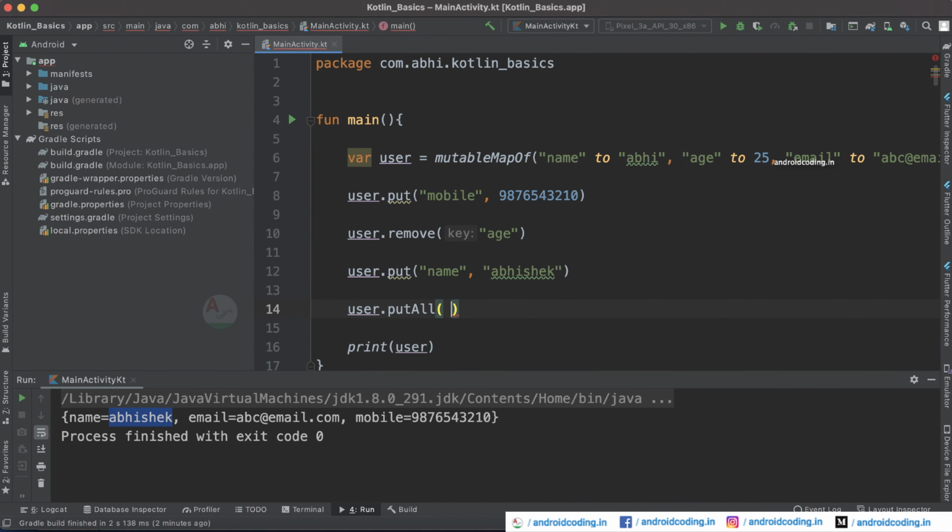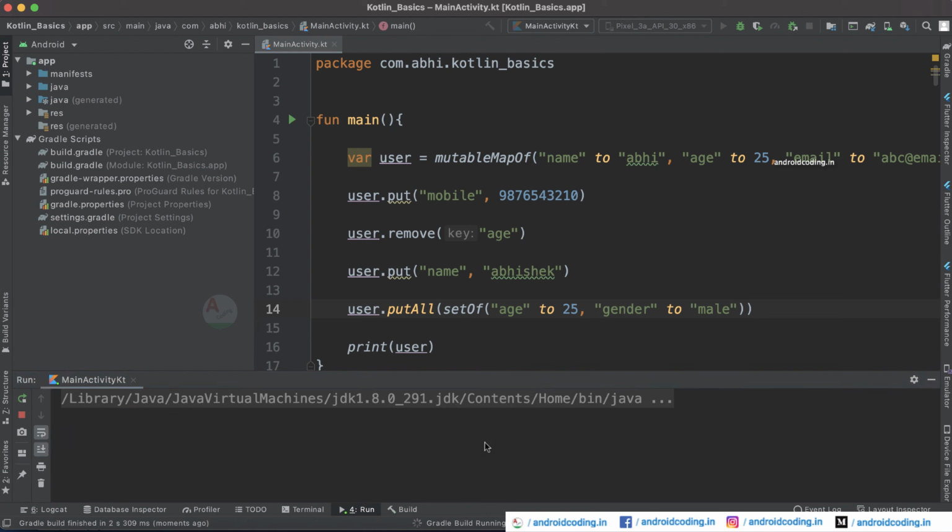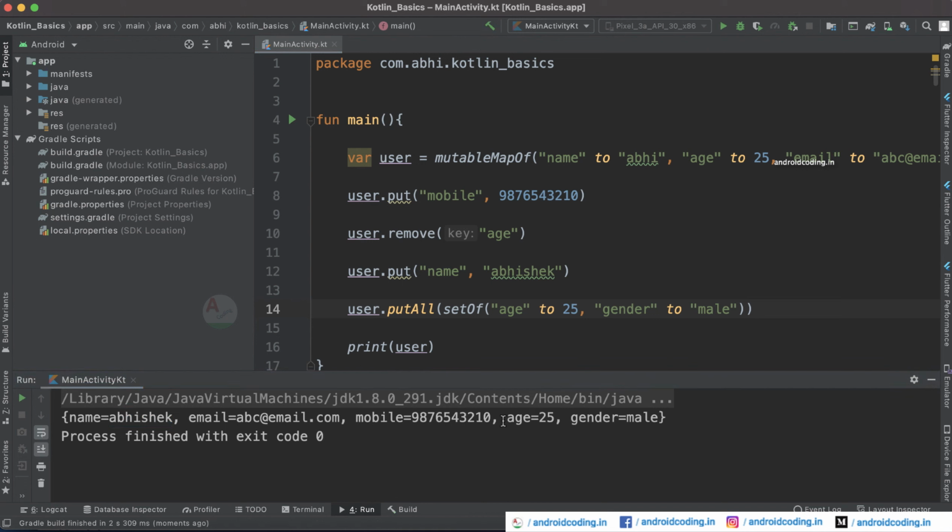Now let's add age and gender this time. mapOf age to, and gender male. Now let's run this code and see our newly updated map. Age and gender are also added. Yes, this way you can make use of maps in Kotlin programming.